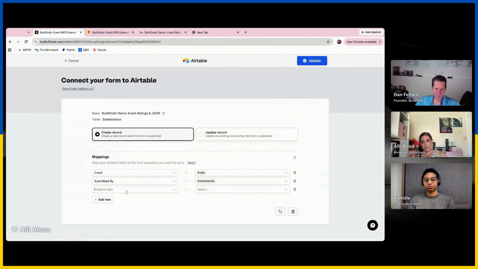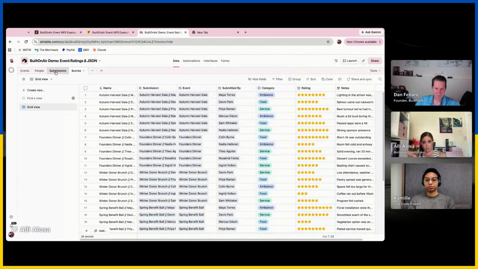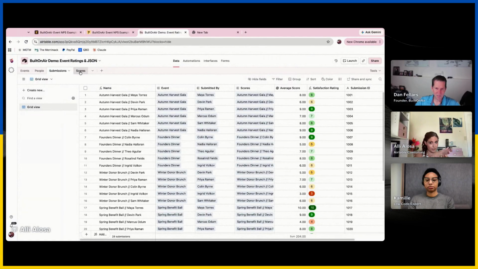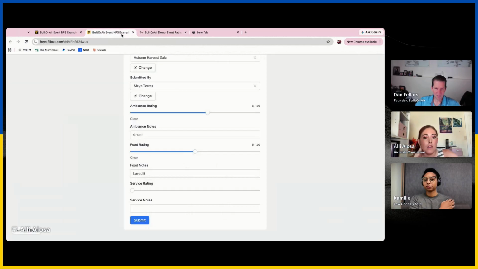I want to add in here the submission ID because ultimately what I want to do is be able to create that new record on my submissions table, and then I'm going to trigger a webhook to create all the score records that are linked to that submission. And in order to do that, I need the submission ID as part of that submission record to match them up correctly. So I'm going to do that in here,